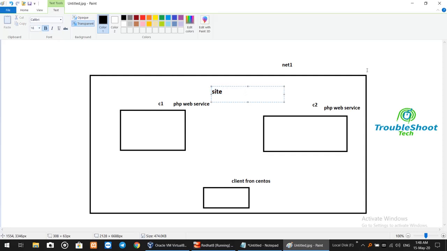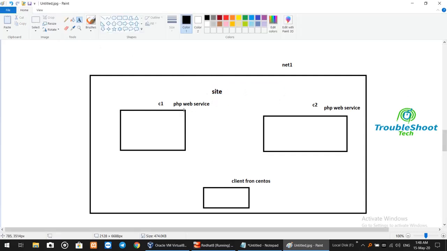Right. So what I'm able to do, these three containers are running inside net1, and the c1 container has a network alias name which is known as site. The c2 is another service which also has the network alias name site. And this client knows nothing about